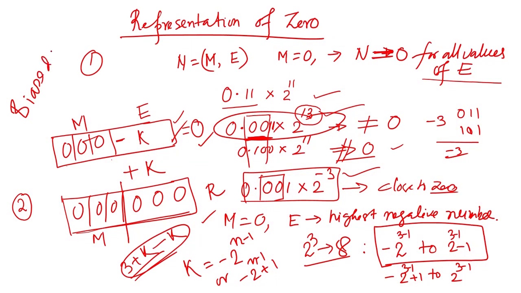So, this representation is called the biased exponent representation. This is like we are using some coding, right, it is not the exact value 0. So, we are adding some extra value, that is k. So, therefore, we are encoding the exponent, and this is because of k. So, this is called the biased exponent.